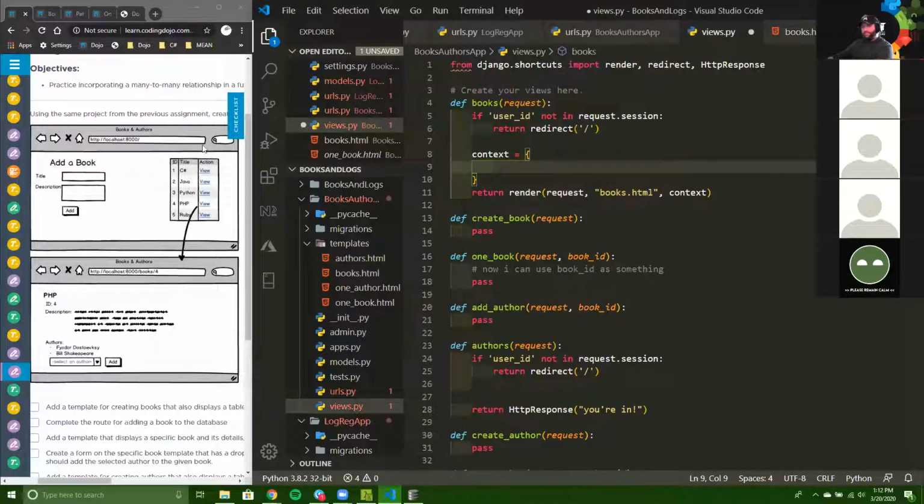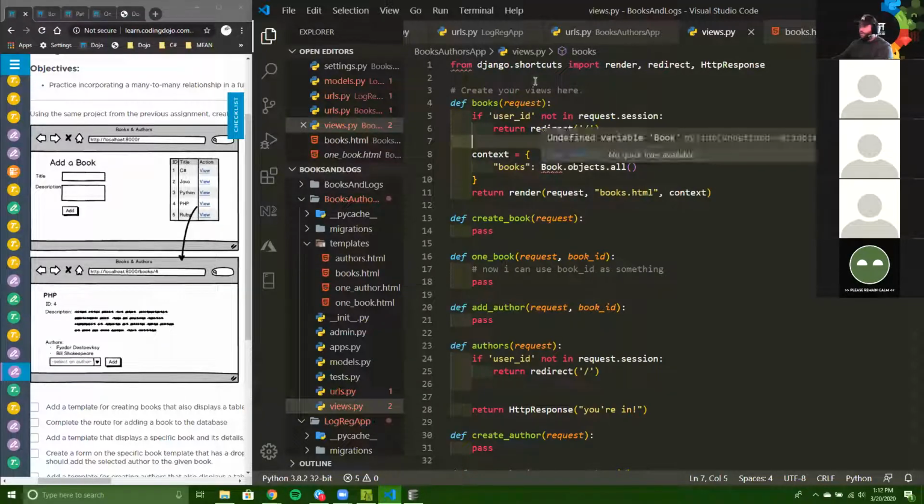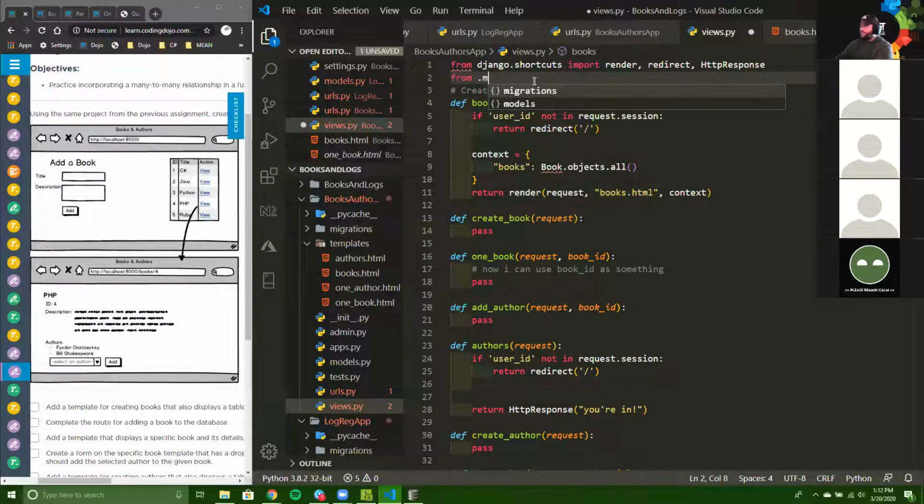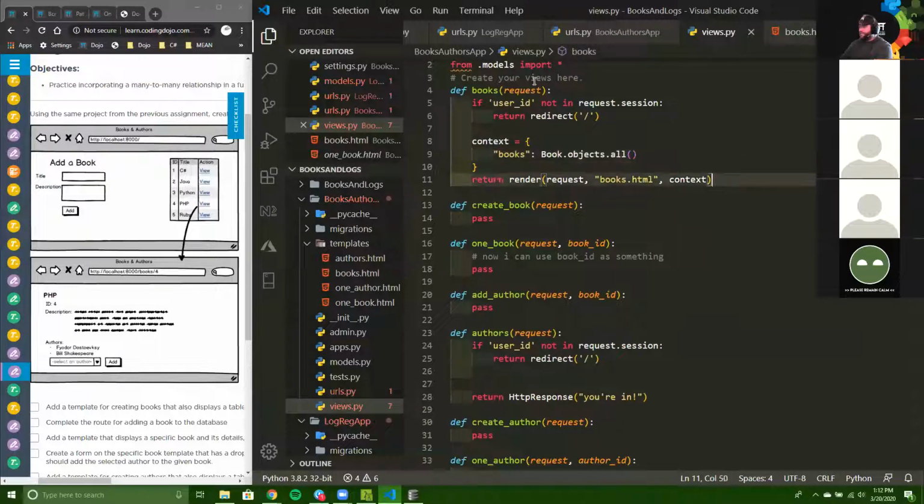The database. But what part of the database? Because I have 4 tables in my database. Books. Right, so this is just books. So I'll say books is going to be Book.objects.all, and that is all I need on this page. I need to say from .models import all, but that's another thing. So I'm grabbing all the book objects from the database, putting them into this context, tossing context in, so that